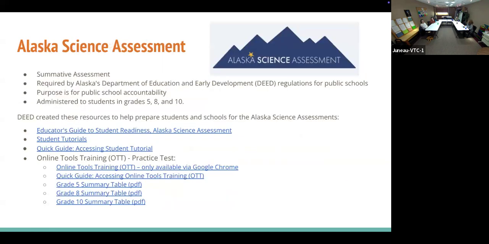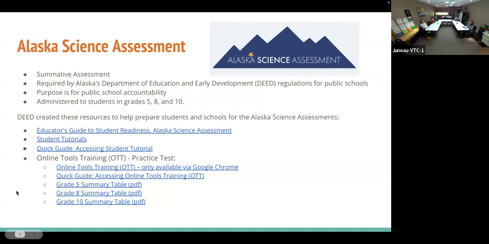Then, this is another state mandated assessment for science, 5th, 8th, and 10th graders only. For us, this happens at the same time they're doing the AK Star. It's just if you're a 5th, 8th, or 10th grader, you have the extra test to take. So they would schedule another session, or tag it on to one of the ones they're attending.